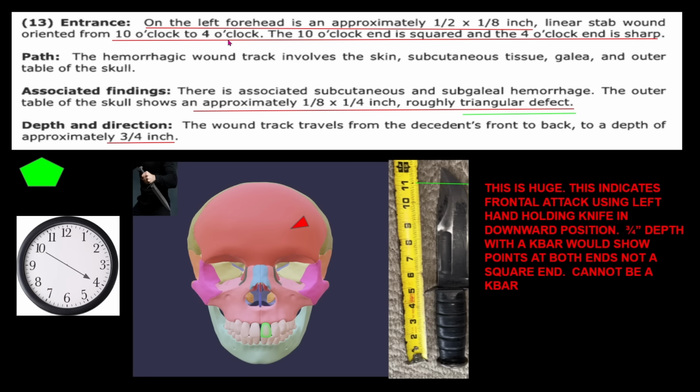Okay, next on the left forehead is a 1/2 by 1/8 inch linear stab wound obtained from the 10 o'clock to 4 o'clock. Okay, so this is actually going to be a stab in the top of the head. I believe this was caused as Xana was bent over fighting her way to the bed with Ethan, but it's a 10 to 4 wound